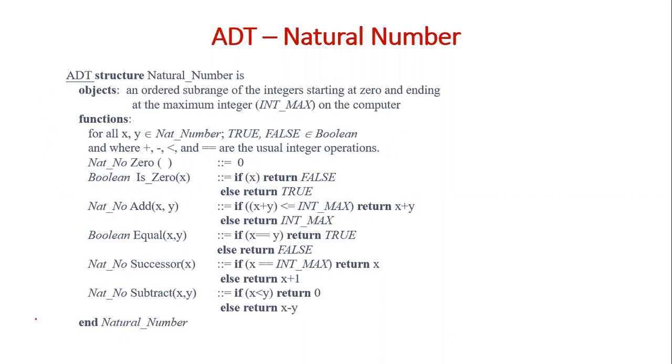which separates the specification of the data type and the operations from the implementation of the data type and its operations. So why is it important? A user is bothered only about the specification. He is not bothered about the implementation.